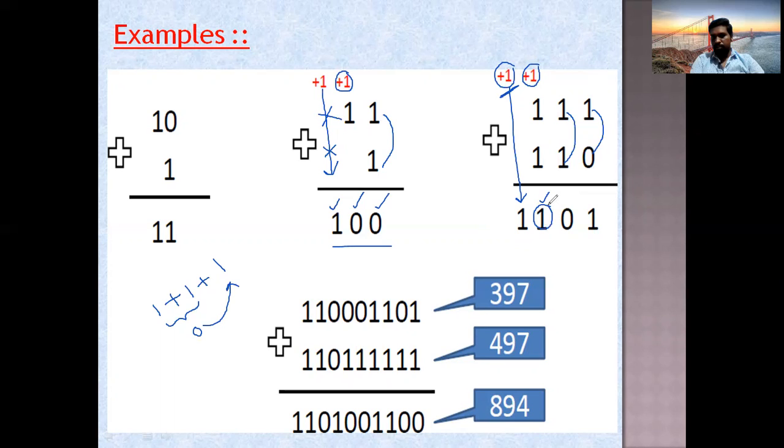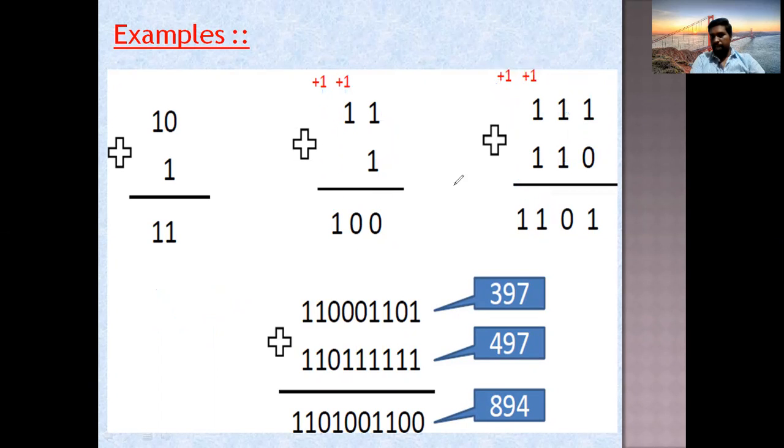That's what I written there. Among the three ones, first you add the first two ones, and the carry will be generated here. Bring the carry to the leftmost column and write the answer sum 0. Again this 0 is added to the last bit 1, so 0 plus 1 is 1, write that one here. Like this we have to add binary numbers.